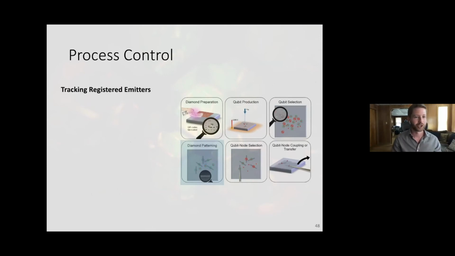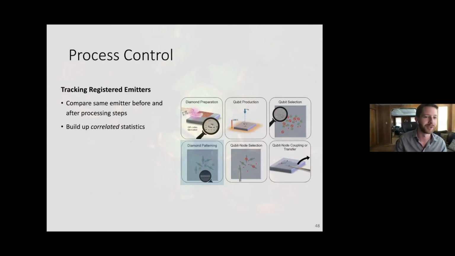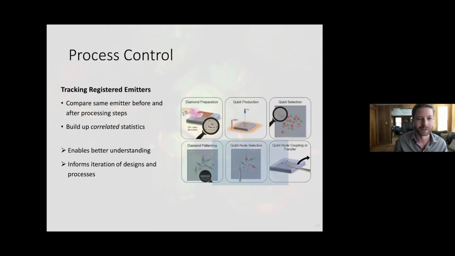And so we see that the tracking of these registered emitters, so comparing the same emitter before and after each processing step, enables us to build up these correlated statistics, which gives us a better understanding of what's happening and allows us to iterate designs and process steps. So to wrap up here, I want to just briefly touch on the last step of this process,